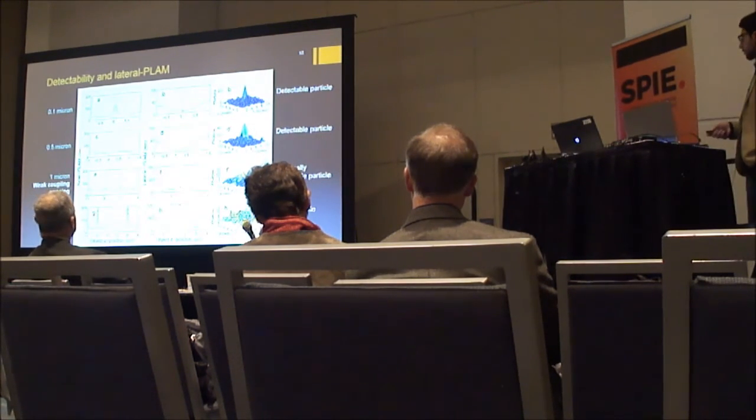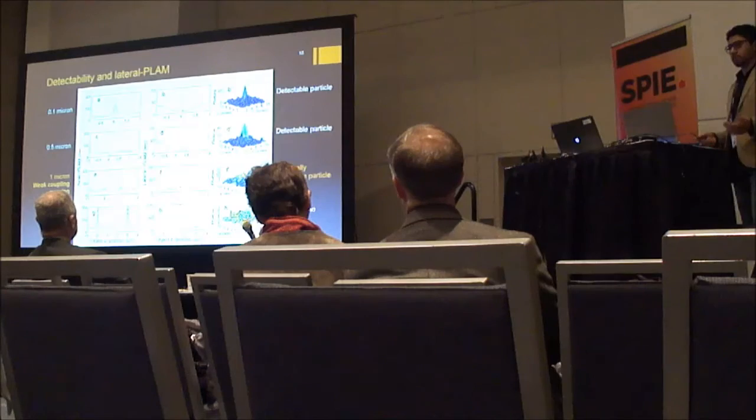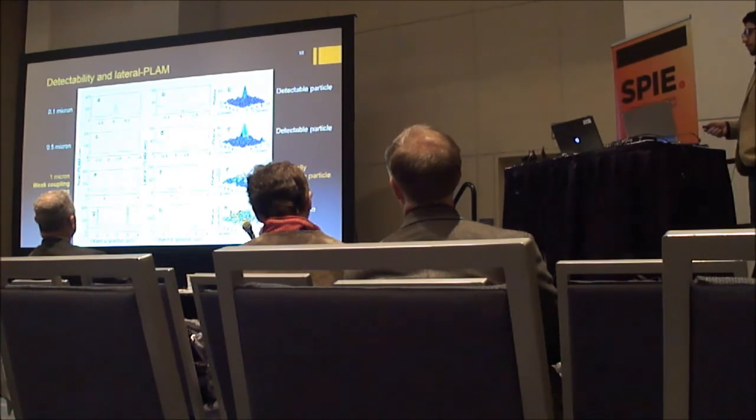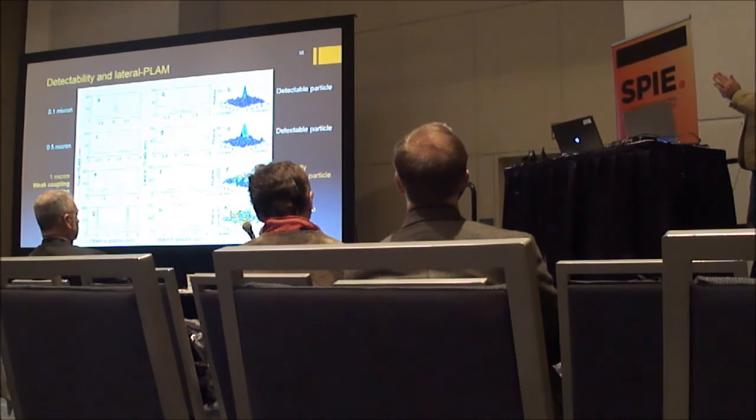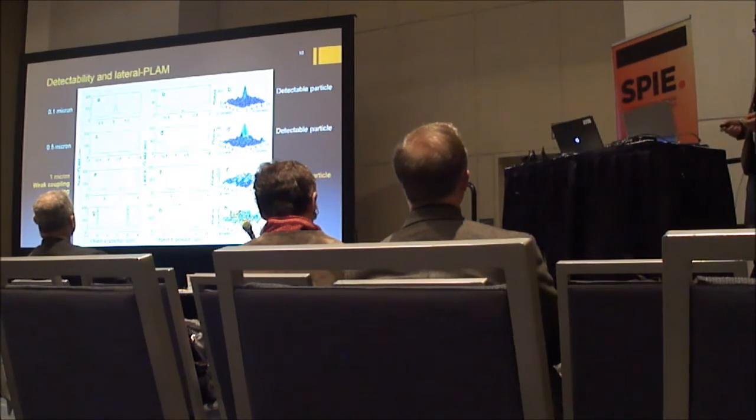So actually this is very interesting and helpful because this weak coupling spacing gives us a guideline as to how to set the maximum plane spacing in our experiment. We know if we go further, beyond that point, we cannot detect our particle anymore. So that's a limiting factor or a guideline for setting the maximum plane spacing. I also would like to mention these are all explained for a two-plane setup because it was easier to explain, but we could easily extend them to multiple planes, which we have done, but I'm not going to talk about it here.